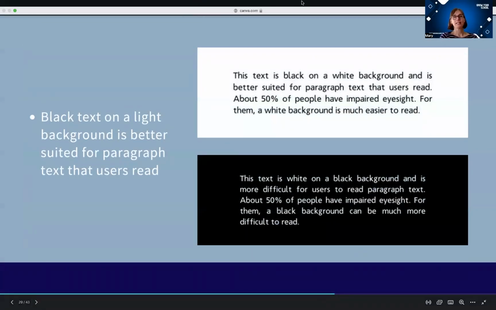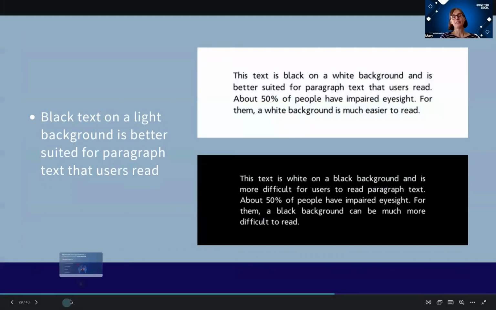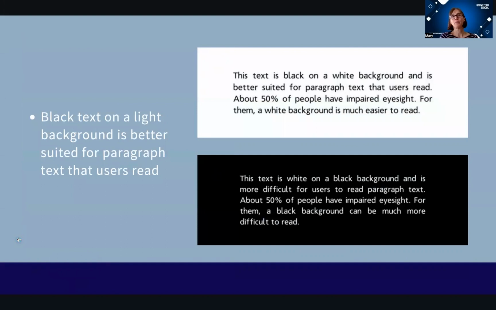When you do put text on it, we did say a little bit of text, but sometimes you will have a bit more text. Perhaps you're putting a testimony from a parent, or you're using a quote about Christian education, and you do have to have a little bit more text. Dark text on a lighter background is better suited for a paragraph.